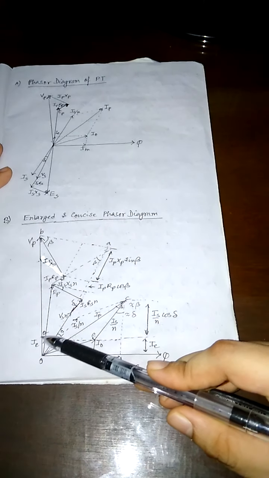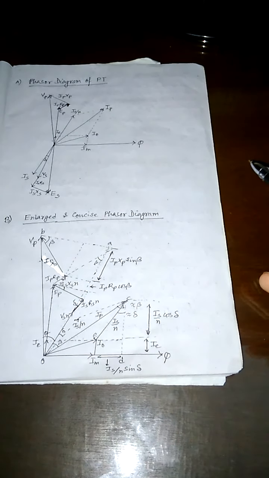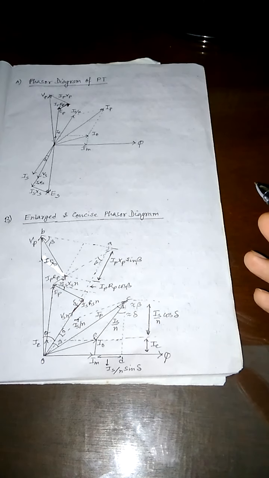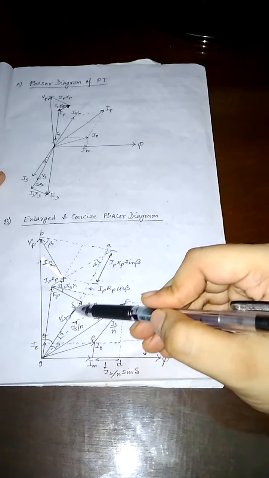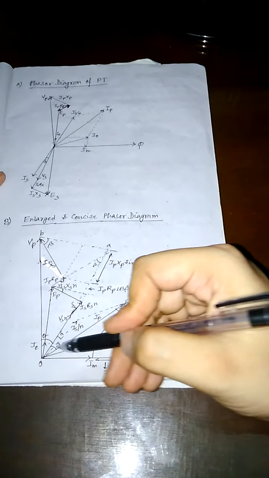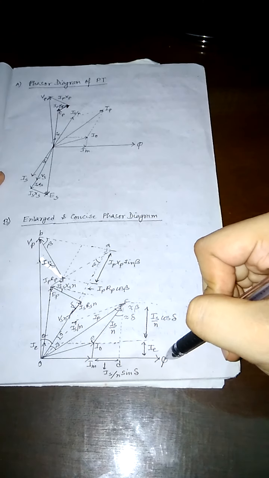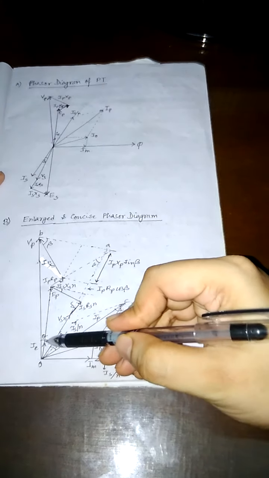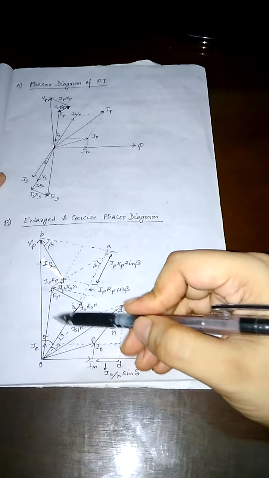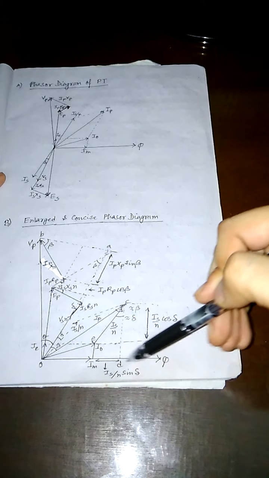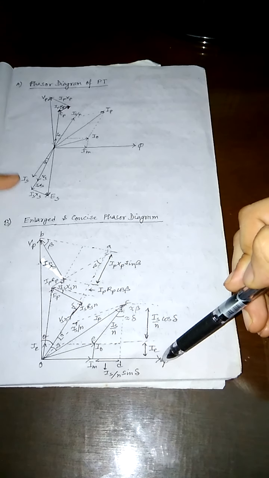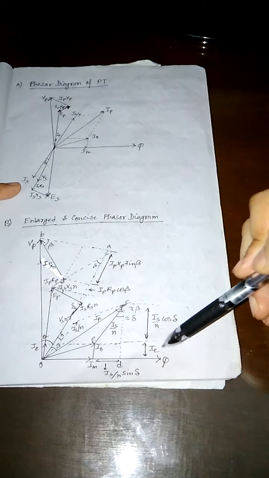Again, this angle is theta, but normally the phase angle theta is very much small, that means below 1 degree. So as this is below 1 degree, we can consider that this VP and this VS phasor will be almost perpendicular to this working flux phi. So as this angle is very much small, we can consider that VP and VS are almost perpendicular to this. So as this is considered perpendicular to the working flux phi, then what happens?